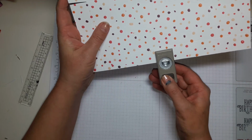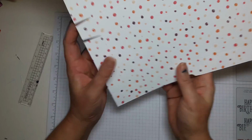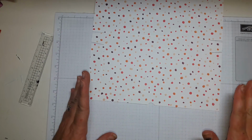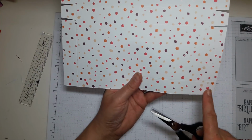Just line that up like that. It goes flying. And so you've just got a little thumb notch there. And that now tells me that that's the top of my box and I haven't got to keep guessing. So when we're dealing with this, what we're going to do is take out